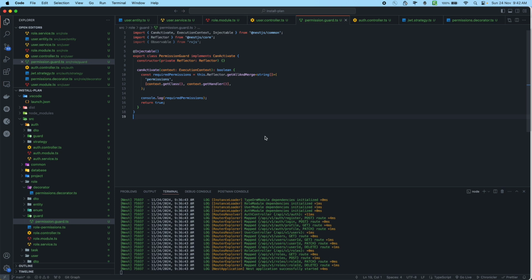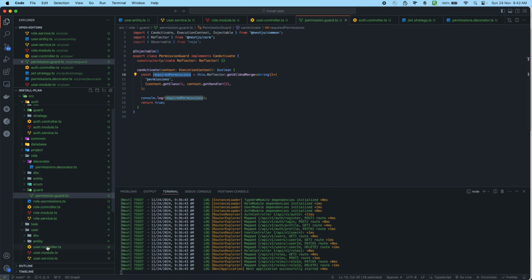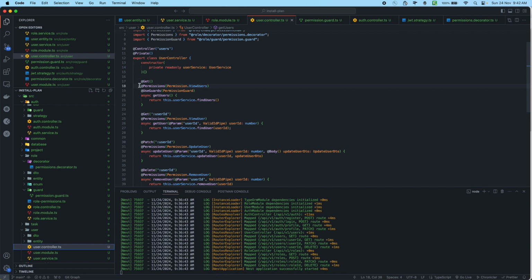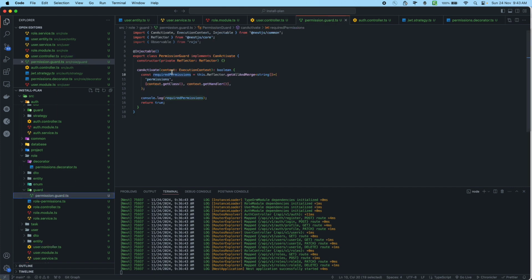Alright, so now we continue working on permission guard. As we saw in the last video, we were able to get required permissions from the annotation which we created and annotated on get users. Now this time we also want to get all the roles the user has. Let's say I'm a user, I have logged in, so all the roles which I have, I want to get